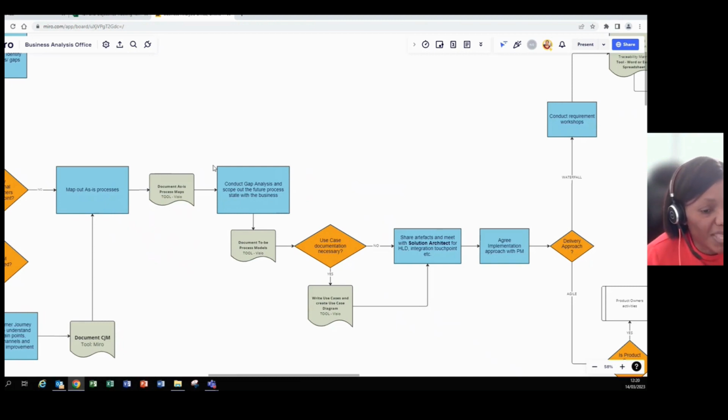Because sometimes they may feel that it's a system that needs to be changed, but it may actually be the process that they need to improve or change or find a new way of doing things. It may not necessarily be the system. But if it was a system, now when we are documenting our to-be processes, I usually say to them, let's imagine there is no limit to what technology can do. And then we begin to create a wish list about what could be a potential ideal future state